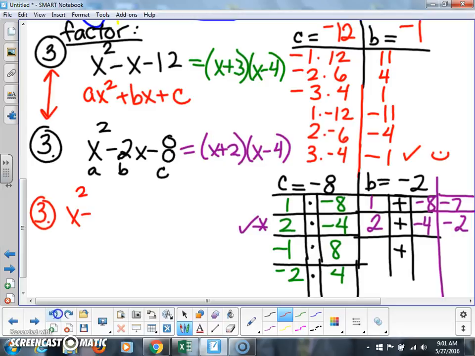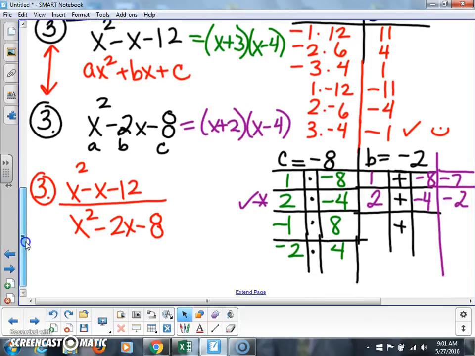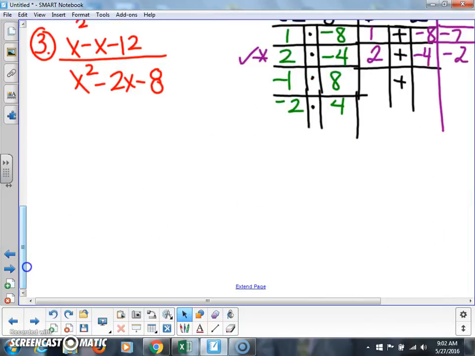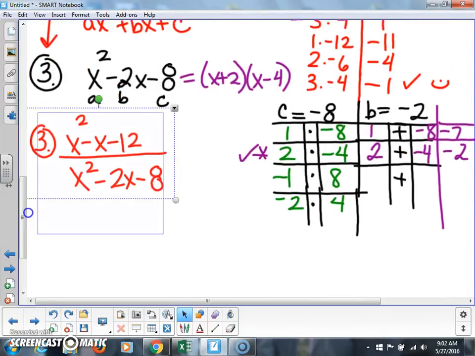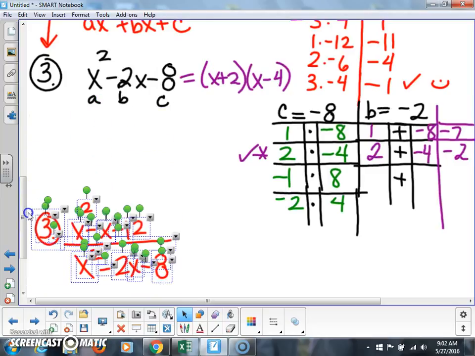Thank you. X squared minus x minus 12 divided by x squared minus 2x minus 8. Do I already know what the numerator is? Yes, you guys said x plus 3 times x minus 4. Do we know what the denominator is? Yes, x plus 2 times x minus 4. You're going to put those together. I'm going to try to move this over a little bit so I have enough space. That's equal to